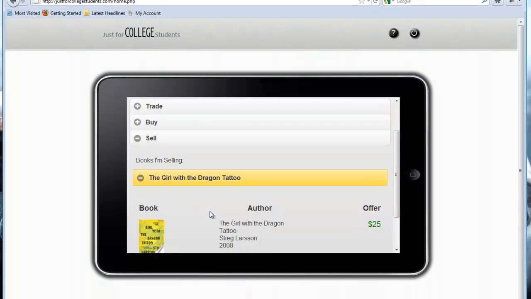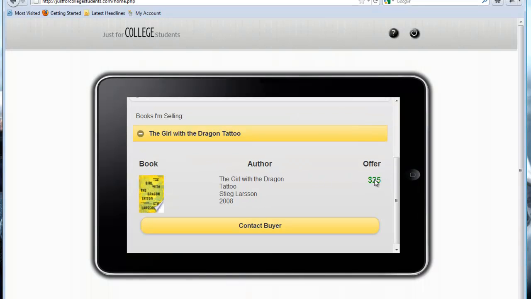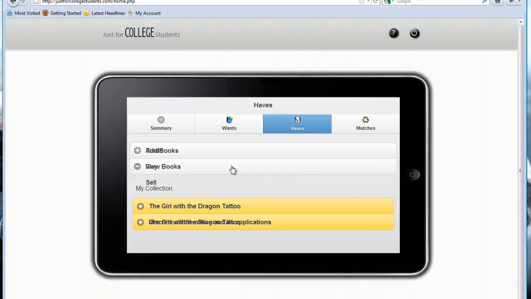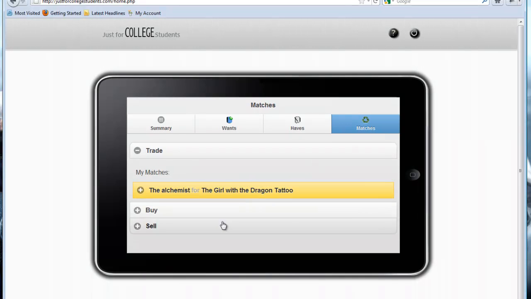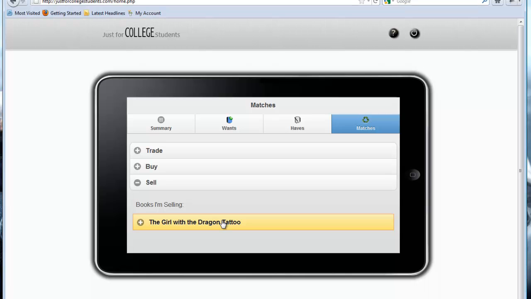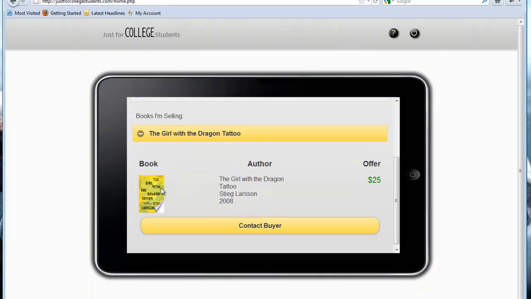Someone else wants this book, and someone else is willing to pay $25 for this book, even though you only have it listed at $10, because these results will only pick up people who are willing to sell it for at least the price you want to buy it for or less, or buy it for at least the price you want to sell it for or more. So this is a prime example of someone who's trying to buy it for more money than you're selling it for, which is perfect. So you can see this and you can just click contact buyer,